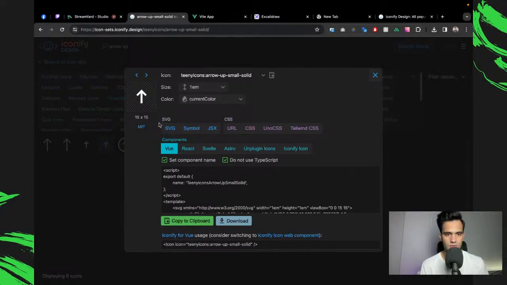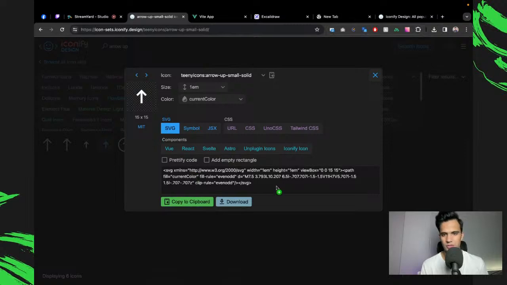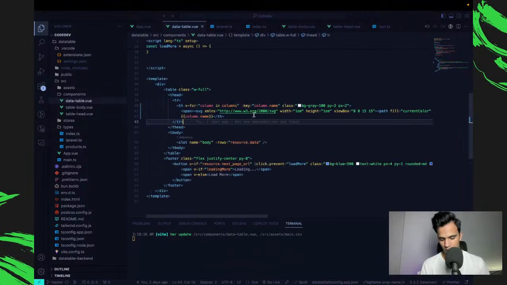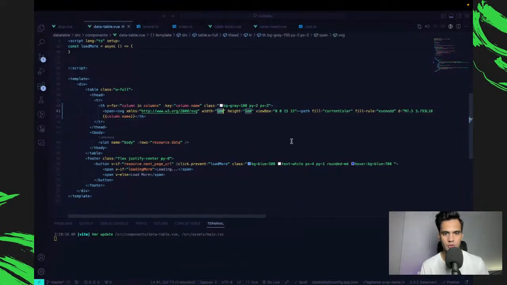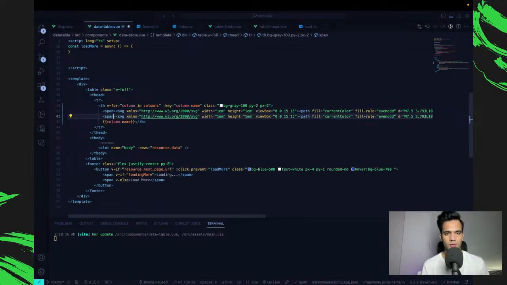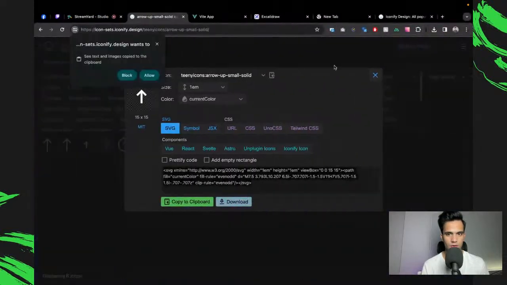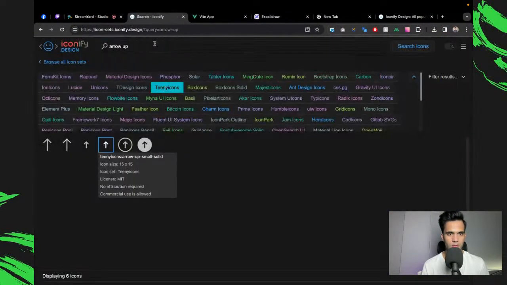So how do I grab the SVG? There it is. Their layout has changed. If anyone has used Iconify, they would know that it's not the same Iconify that it used to be. And this will be for up, and this will be for down. So let's also grab an arrow down with the same one.